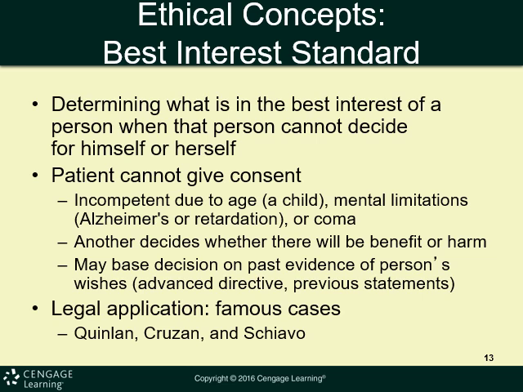Determining what is in the best interest of an individual when the individual may not be able to make such a decision alone is the essence of the best interest standard. The ability to make a decision is generally determined by competency. For example, an individual who is severely mentally disabled is generally considered a person who cannot meet the criteria of competence as a matter of law. Additionally, the best interest standard often applies to individuals who once met the competency standard but are now considered incompetent due to illness or injury.